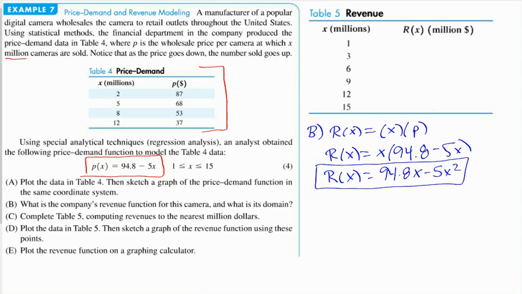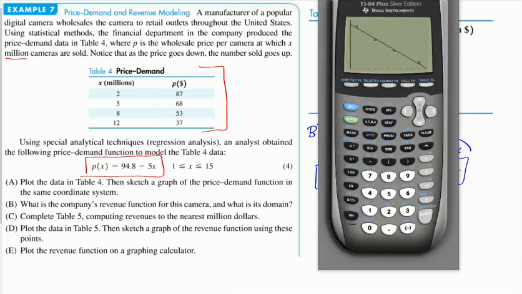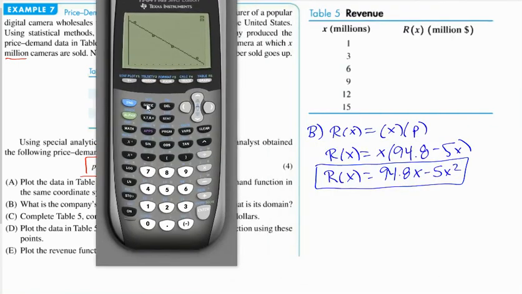Part C says complete the table computing the revenues to the nearest millions of dollars. So here's table 5. We have these X values that we have to plug into R of X and generate those points. So we can go to our function here and say 94.8x minus 5x squared. And now we can go to our table,